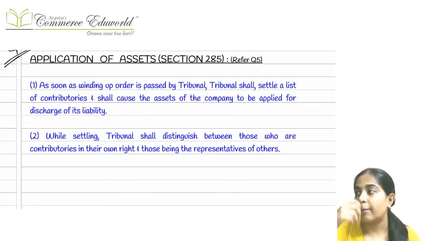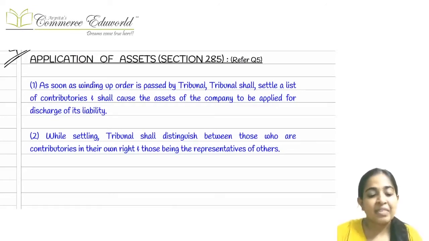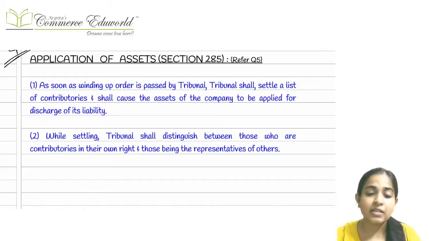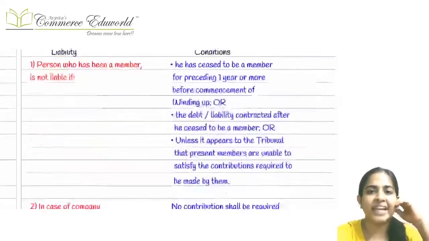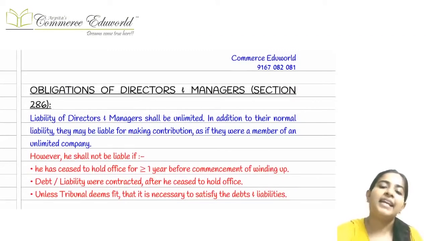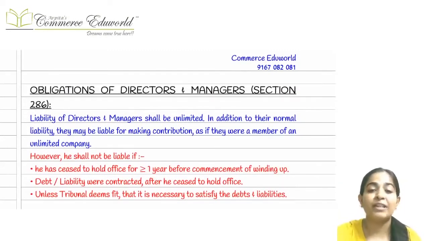Then if it's a company limited by guarantee, whatever amount was guaranteed by that particular shareholder, we can call that much amount, plus if there is any unpaid amount on the shares, we can call that much also. In case of guarantee, whenever they subscribed to the shares, they would have guaranteed that at the time of liquidation, I will pay 25,000, for example. So now it's time for them to give that 25,000 rupees.